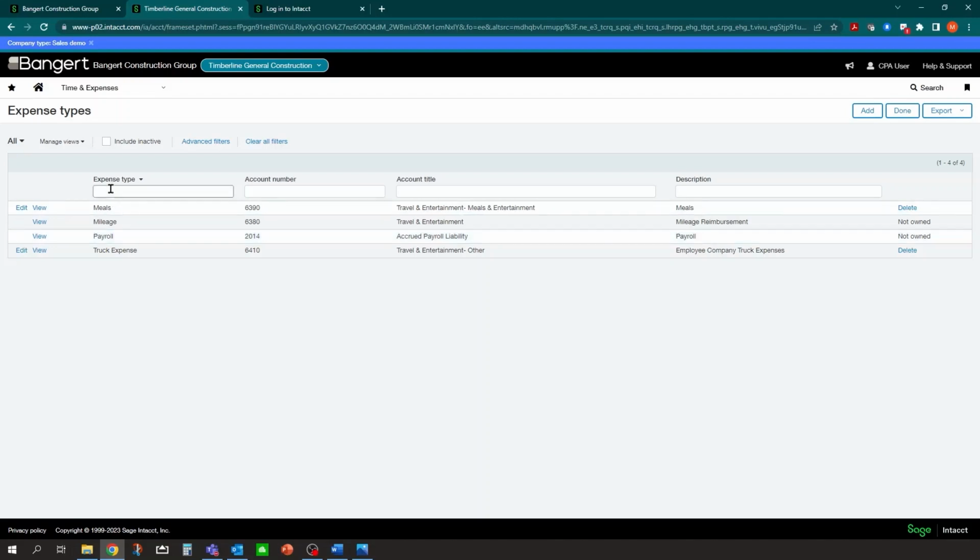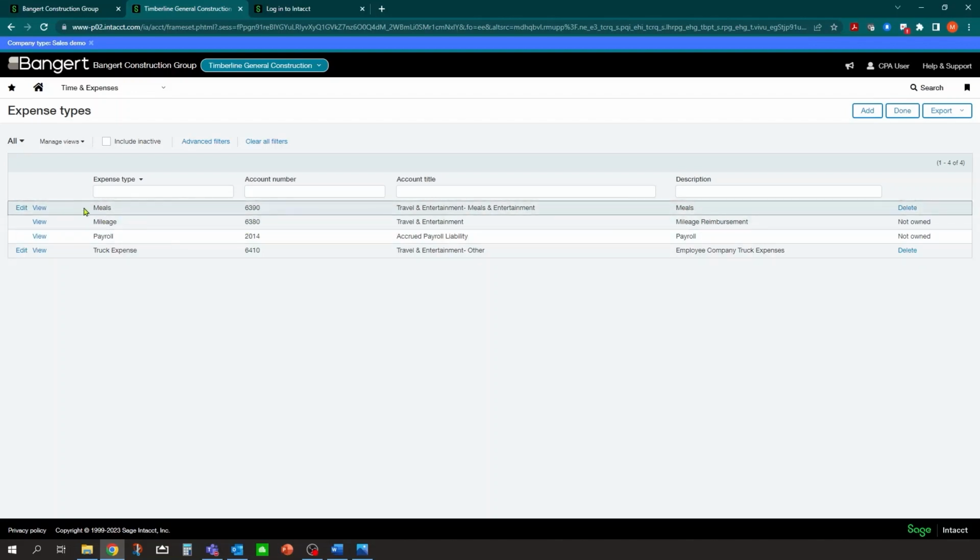The expense type is going to be tied to a general ledger account number. So they don't need to know what general ledger account number is. You're going to build a list of expense types that are tied to the account numbers. So as you can see here, I have a few set up. I have one for meals, one for mileage, truck expense, and there's where they're going to in the general ledger.